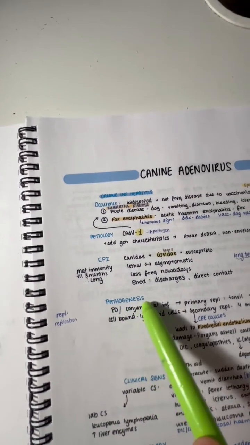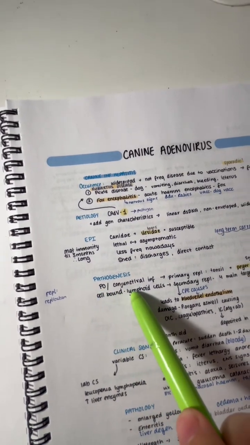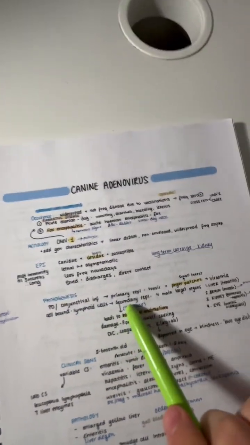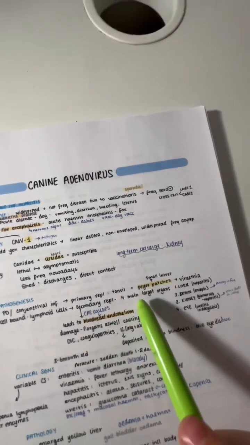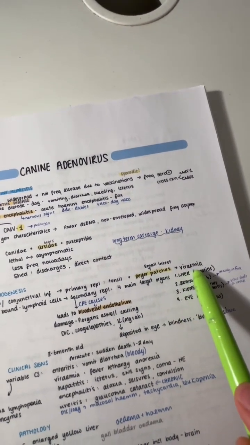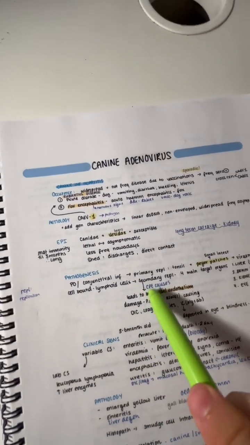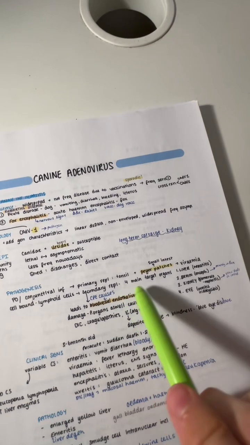The pathogenesis of the disease. It enters the body orally or through the conjunctiva, and the primary replication occurs in the tonsils and the Peyer's patches in the small intestine. This leads to viremia in cell-bound lymphoid cells, which leads to the secondary replication, and there are 4 main target